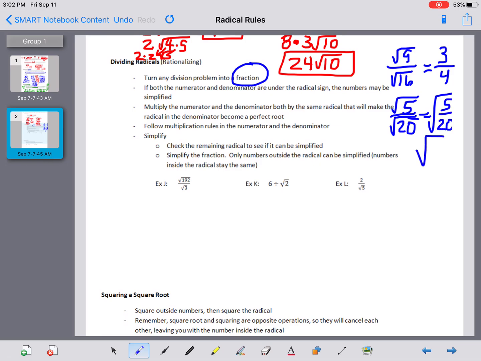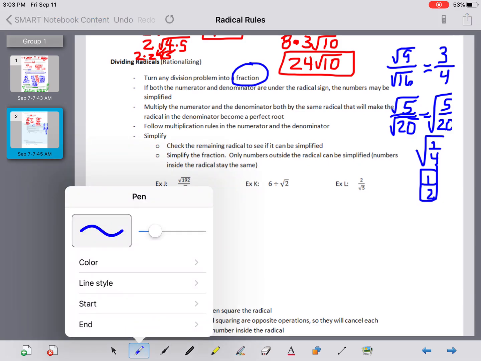Well, if I reduce 5 over 20, it becomes 1/4. Well, that's not bad. The square root of 1 is 1. The square root of 4 is 2. That makes it a lot prettier, right? So you're allowed to leave things separately, or you can join them in one and reduce them, whatever one works better, okay? So when I go to example J here to start with,